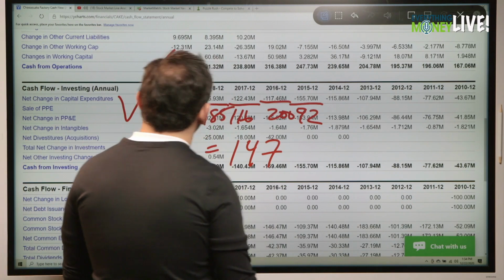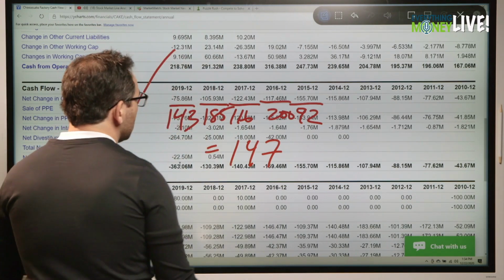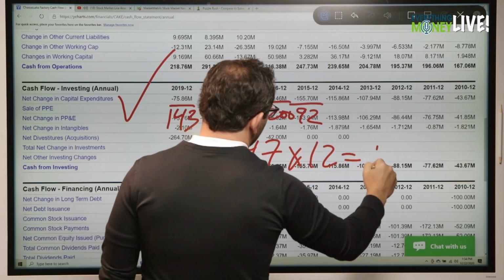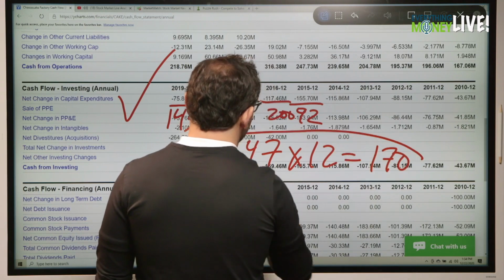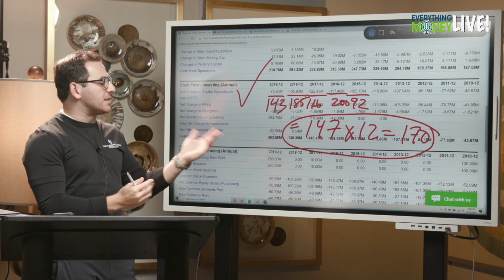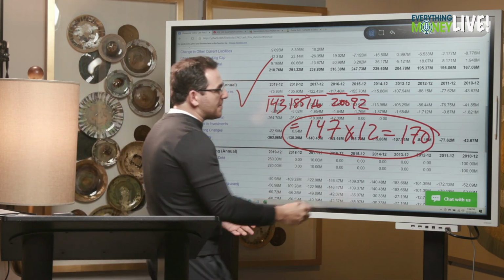Okay. What was the market cap? 1.7 bill. All right. Doesn't seem terrible. No? No. What is that, 12 times is 170. So it's about 12 times free cash flow. That's what we should do. Maybe instead of multiplying by a certain number, we should just see what the ratio is and see what the number is. Maybe this isn't so bad.